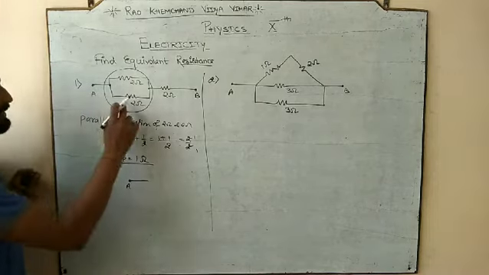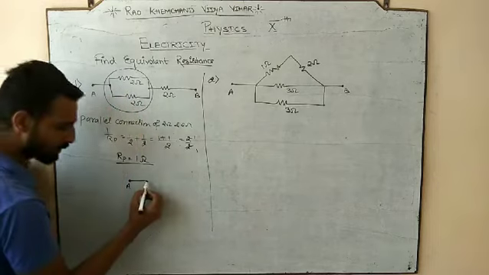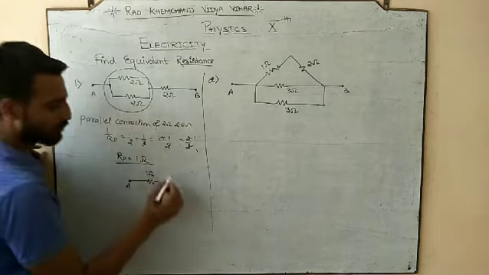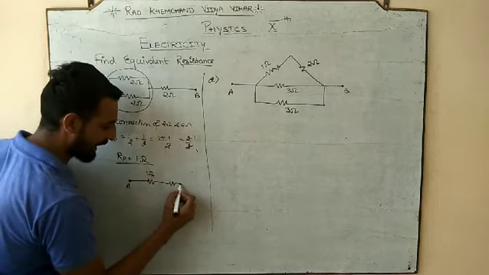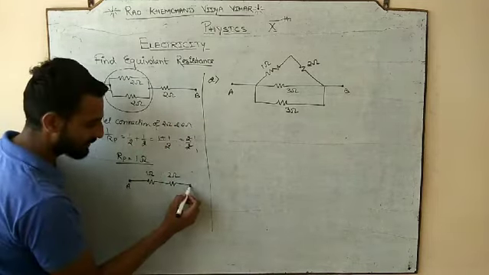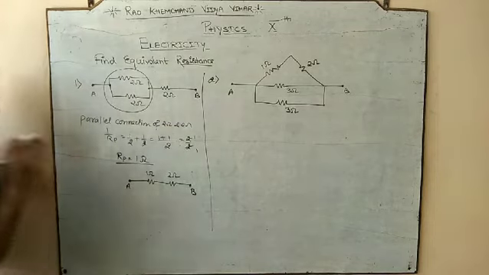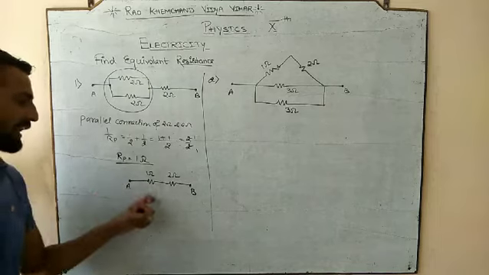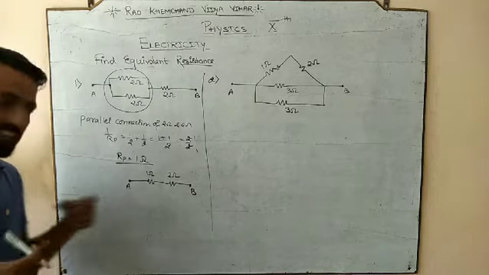It would be A. What is the parallel connection of 2 and 2? It is 1 ohm. And this 2 was as it is. We haven't done anything on this 2. हमने इसके साथ कुछ नहीं किया. And this is your B point. Now try to look at your diagram. अब अपने diagram को देखिए. How are these in connection? These are in series.